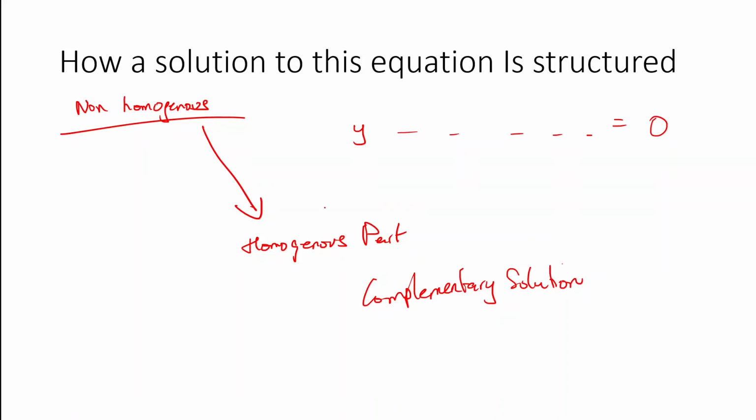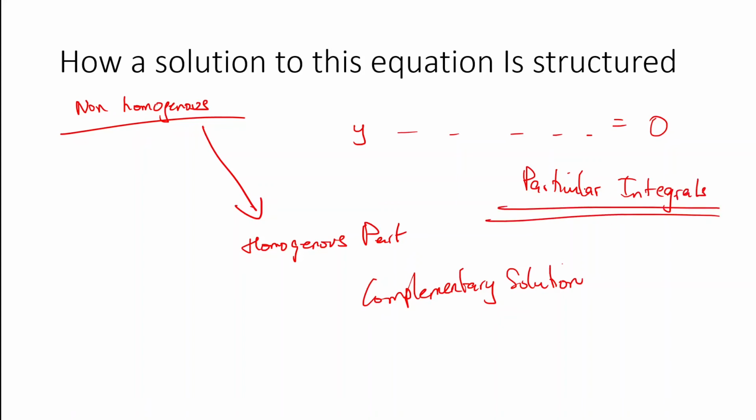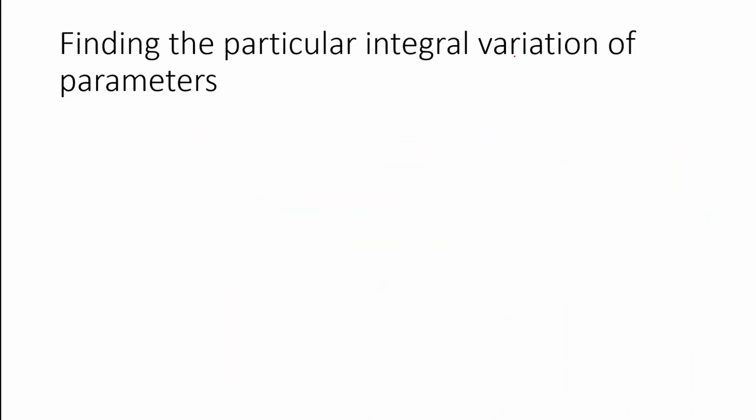Then there is a second part of the solution, and that second part is called the particular integral. We will look into how to solve for particular integrals. Particular integral is the part which we have to delve into, because we already know how to find complementary solutions, which is using the techniques which we have employed in the past for homogeneous higher order ODEs with constant coefficients, or else Cauchy-Euler, or else normal form, or whatever it may be. You can even do some substitutions and find solutions to some. Particular integral is what we are interested in. So how to find the particular integral?